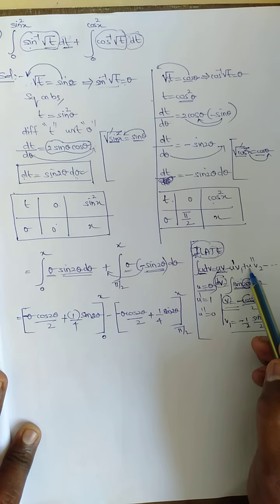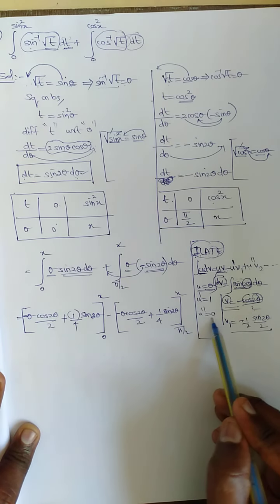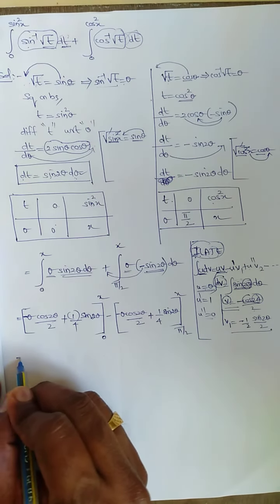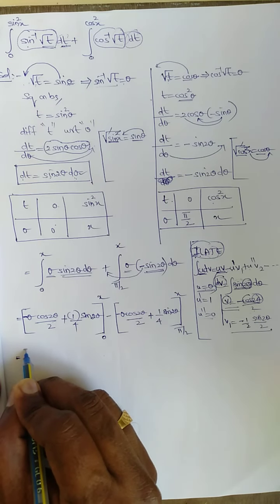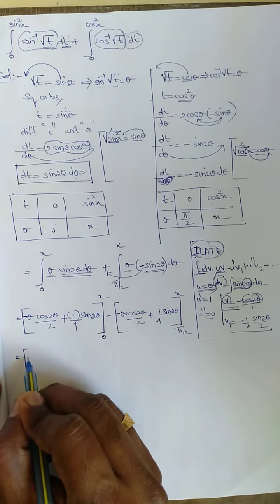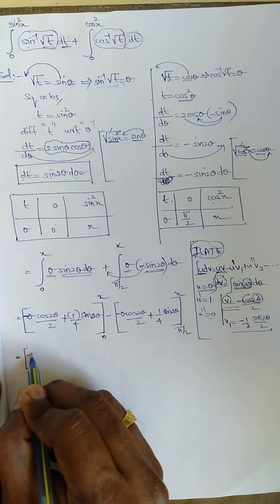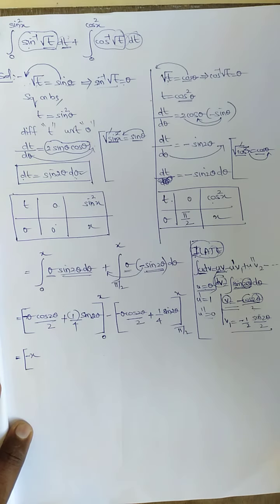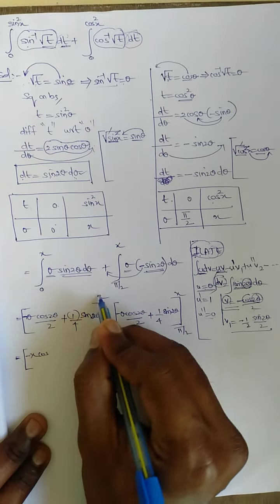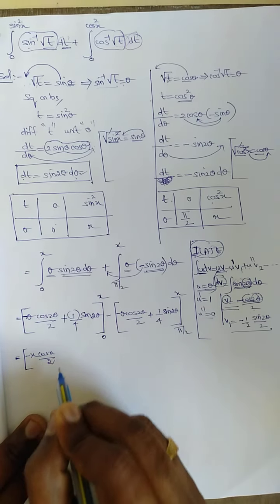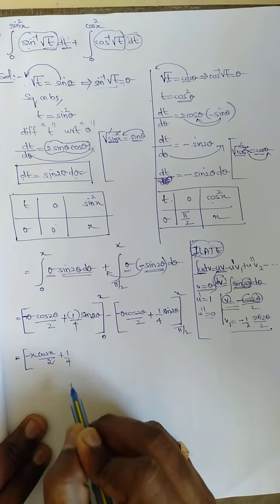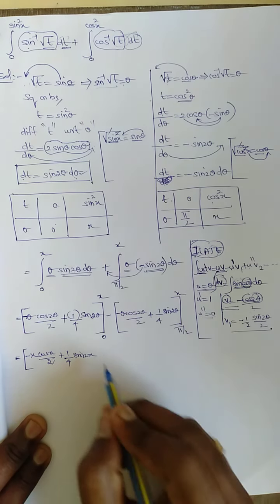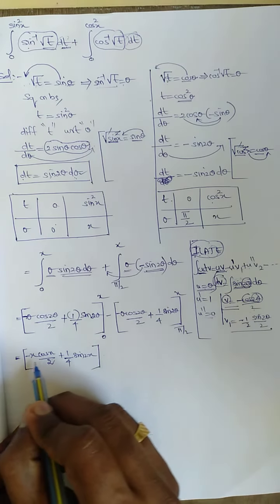Sir, you can apply u double dash v2 because u double dash is 0. So we can stop here. Though some stop here, we need to apply limit alone. First apply the limit. First apply the upper limit. What is upper limit? X. So in place of theta I need to apply x. Minus x, okay, cos 2x by 2 plus 1 by 4 sine 2x. In place of theta I need to apply x. After applying, close the bracket because it's upper limit.